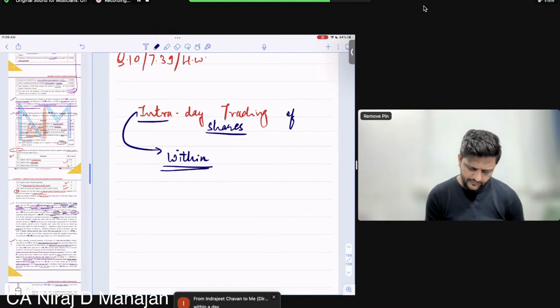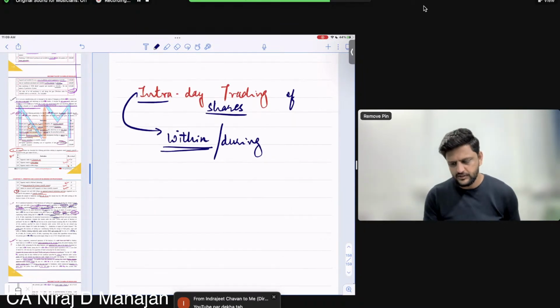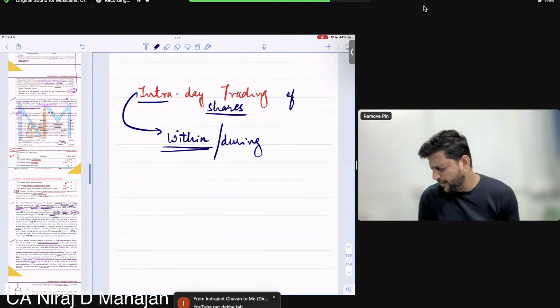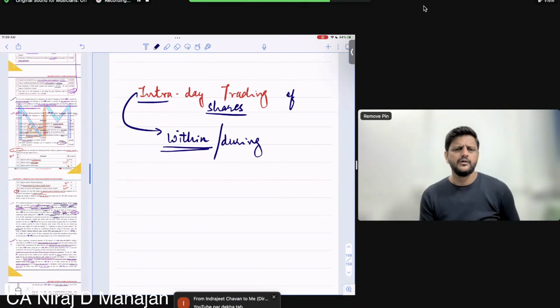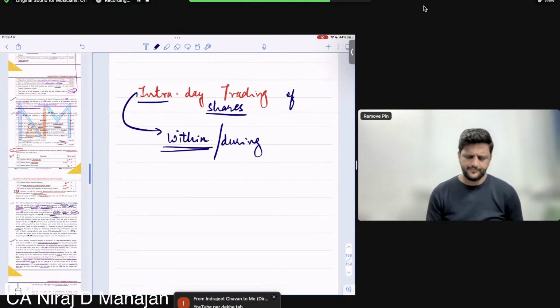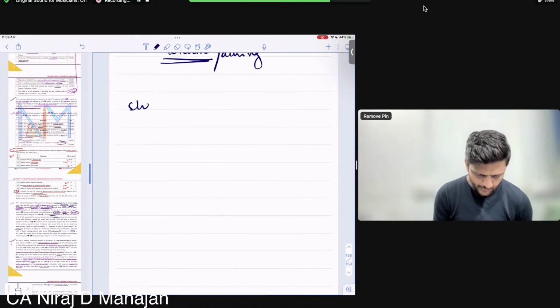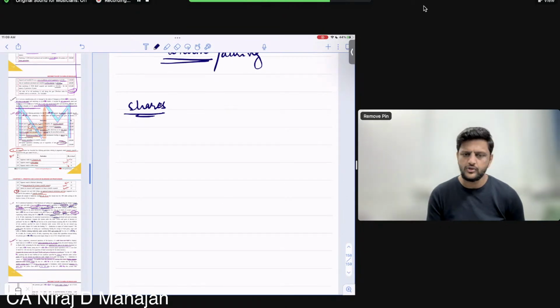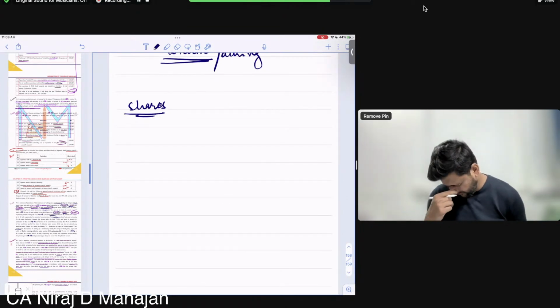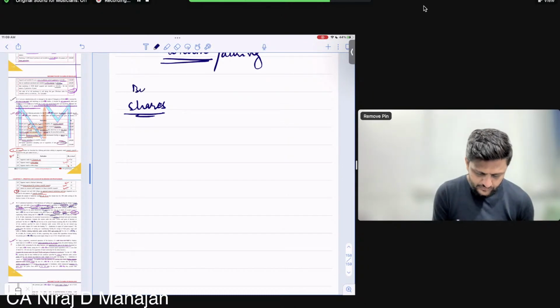That means during the day. I'll be discussing this because it is relevant for both the PGBP and the capital gains chapters. Okay. Now, when you buy shares, you might have heard of buying shares, so I'm not going into too much detail. BSE, NSE, DMAT. We have discussed all of this in company law also. Correct, Lila? So when you buy shares, children,